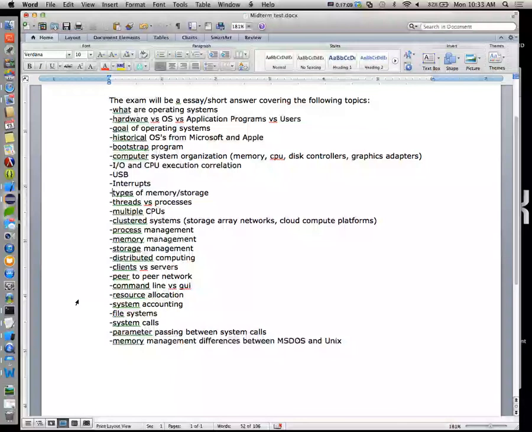Command line, resource allocation, system accounting. So this is kind of the idea. We kind of talked about this when we were talking about file systems, specifically journaled file systems, being able to roll back. So at some point, we have to have kind of a checks and balances system on our operating systems that kind of log the stuff that has happened, so that if something bad does happen, we can go and look and see what went down, and is there a way I can reverse this? That type of deal. So really, system accounting would be more of the idea of logging, that kind of stuff.